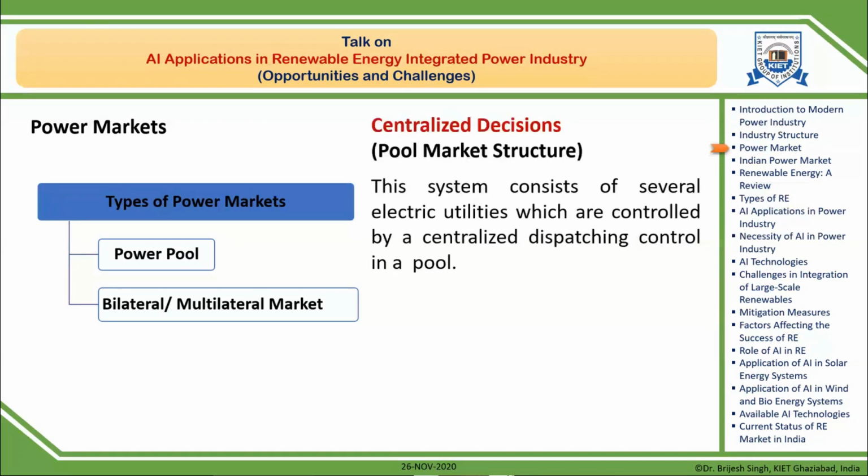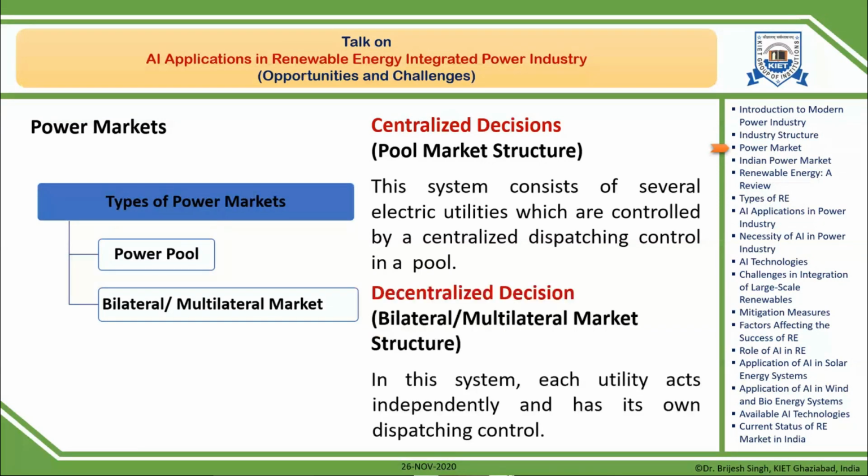So basically two types of decisions are taken in power market operation. One is centralized decision making. People from an MBA or management background can also do some research in this area, because there are a number of decision making strategies for different kinds of businesses. You can apply those methodologies to the power market structure or marketing strategy, and you will get some fruitful results. This system consists of several electrical utilities controlled by the centralized dispatching control in a pool,